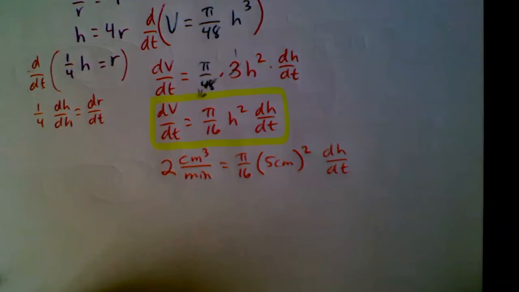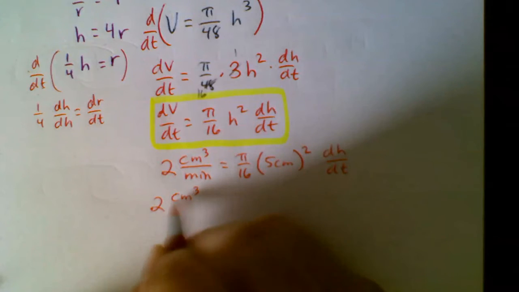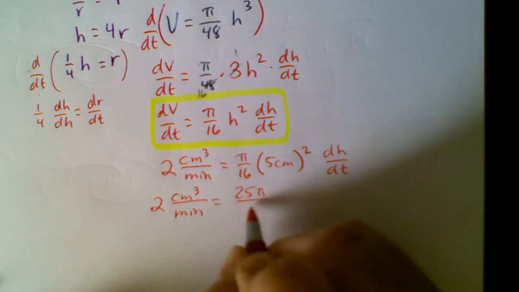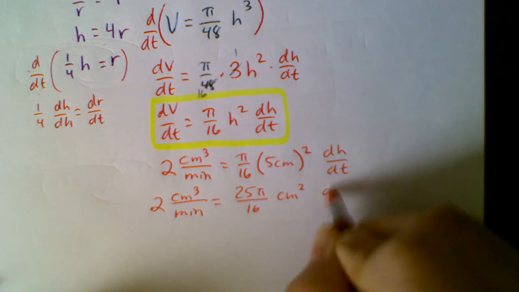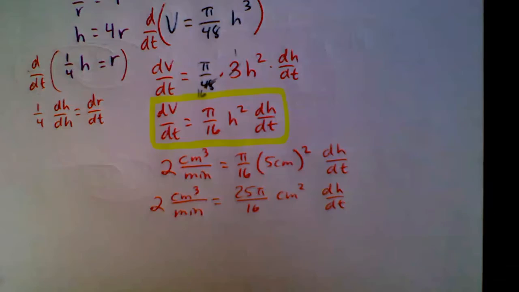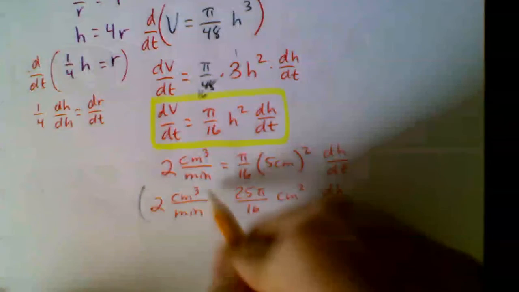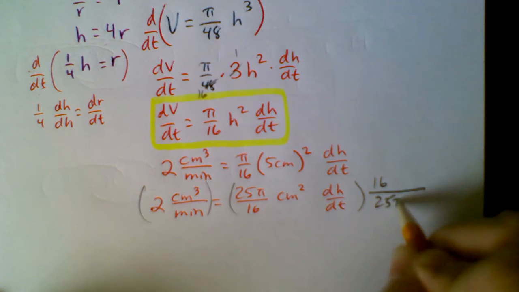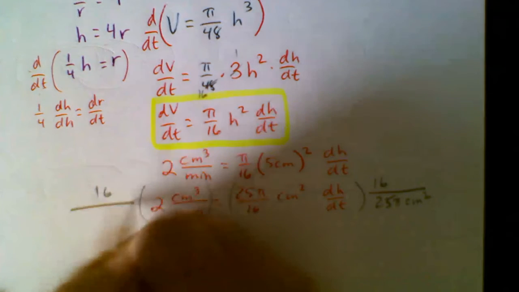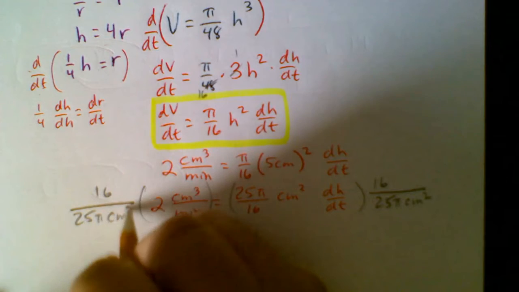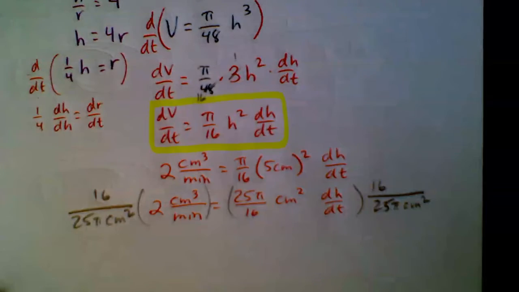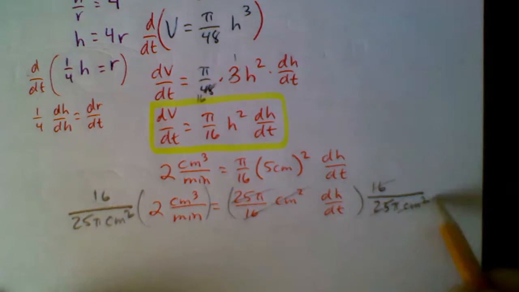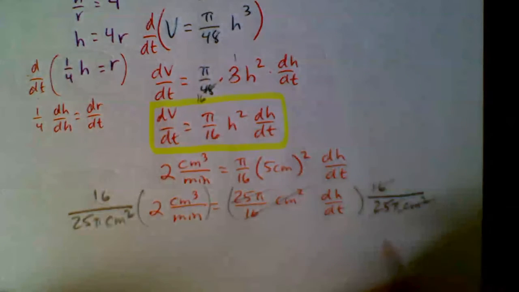So just doing some algebra from this point, 2 cubic centimeters per minute equals 25 pi over 16 centimeters squared times dH over dt. And we can multiply both sides of the equation by 16 over 25 pi centimeters squared. And notice things reduce by design. And basically we have dH over dt